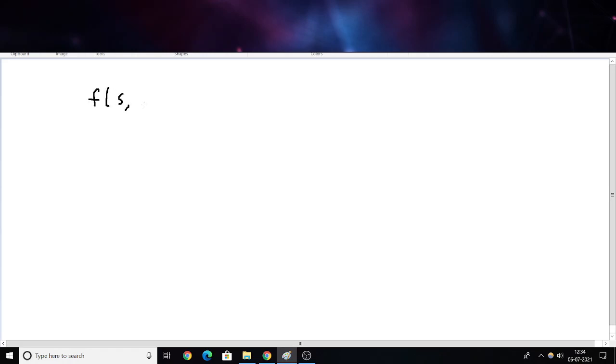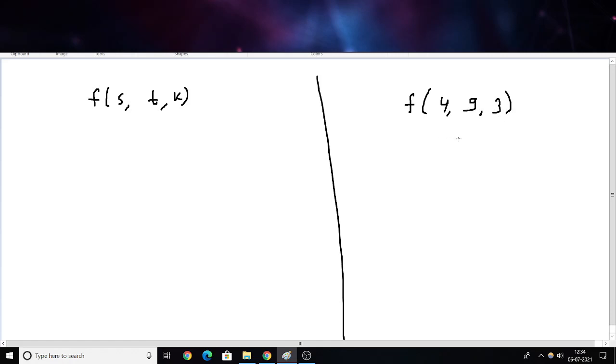So how do you find this function for all possible pairs? Let's think about it like this. Suppose I want to find out f(4, 9, 3). First of all, what does this mean? It means that you have to find the shortest path from city 4 to city 9. However, in the path, you are allowed to use only cities k equal to 1, 2, and 3. Apart from these cities, you can't use any other city. By only using these cities, you have to find the shortest path.